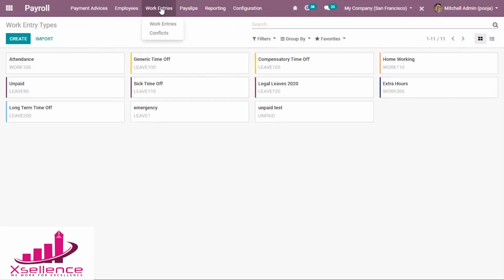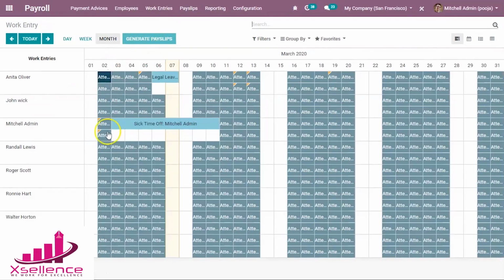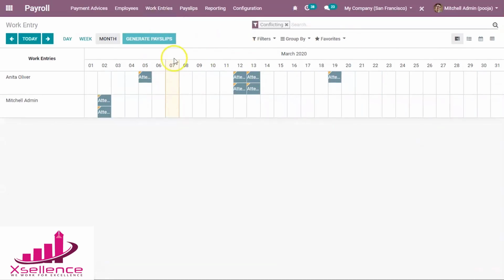After that you can see the work entries. These are all the work entries of different employees, and it contains some leaves and some conflicts too. If you need to see the conflicts only, then you can go to conflicts. These are all the work entries which are in conflict. That means they are different from what you have mentioned in the working schedule. Here you can see for Andina Oliva, it is 12:30 to 4:30. It is actually 12:30 to 4, which is mentioned in the working schedule in the contract. So this is different. In order to generate the payslip, these conflicts need to be solved. You can see solve conflicts first.